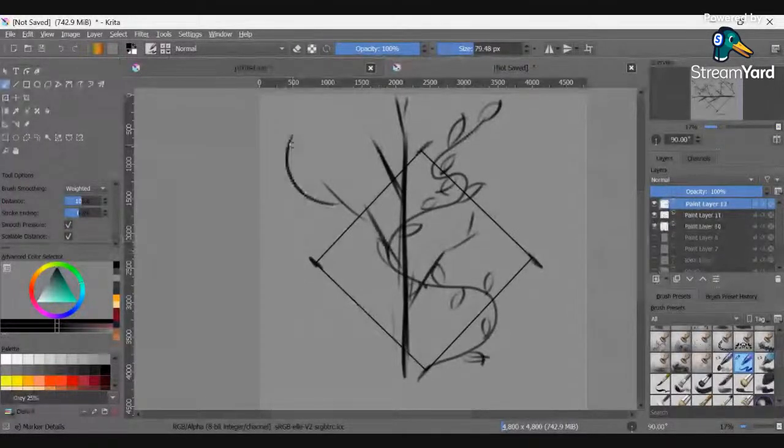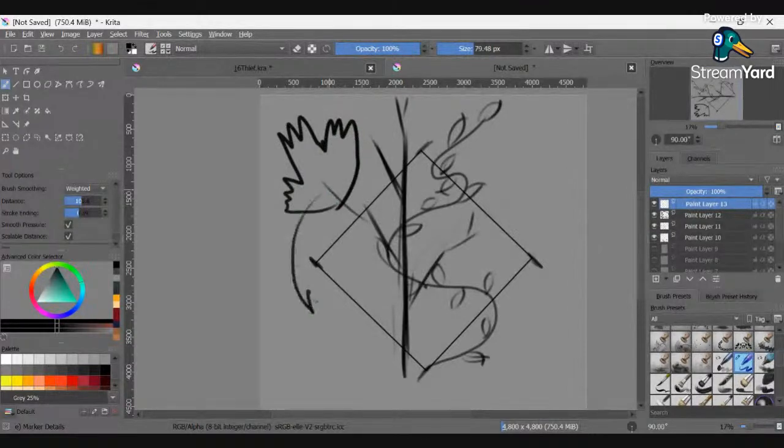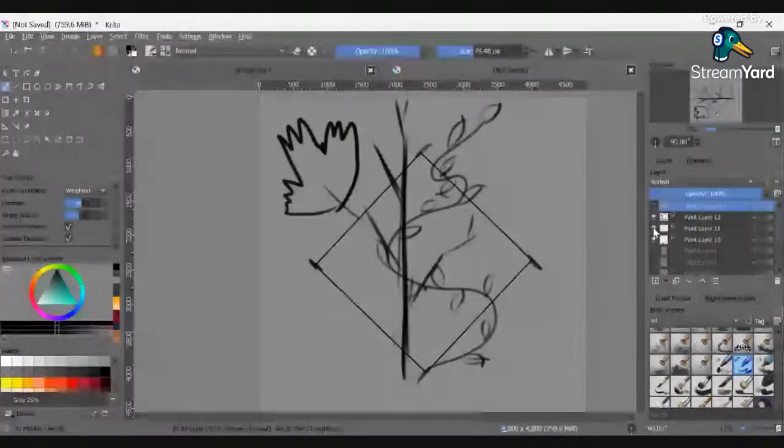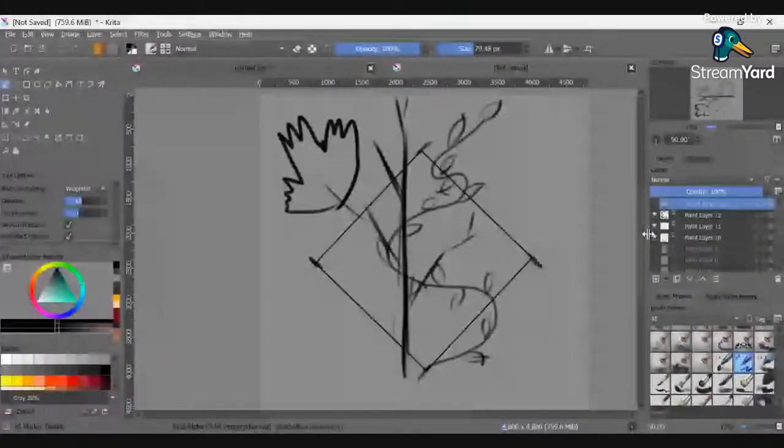So we've got up leaf, and down leaf. Yeah, I'm thinking the leaves need to be smaller. Actually,